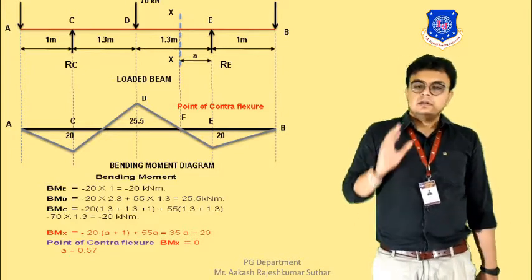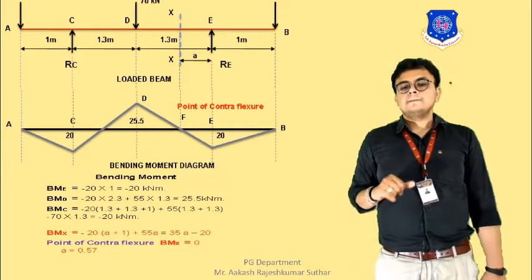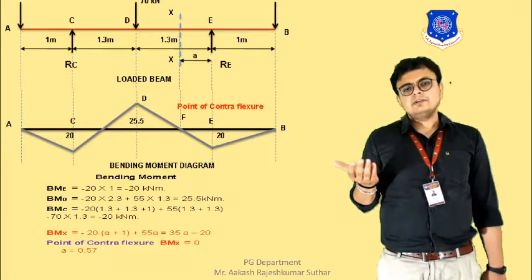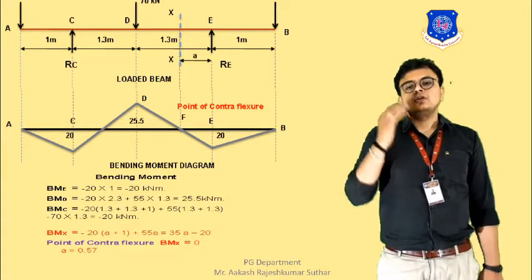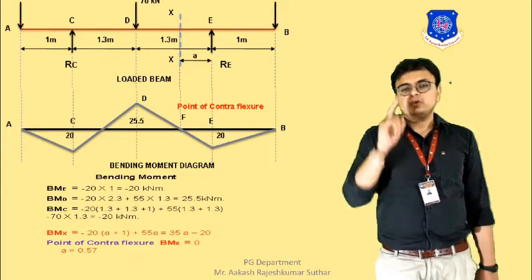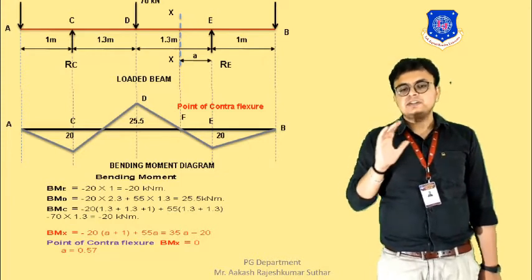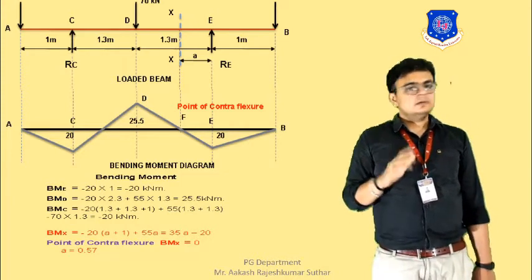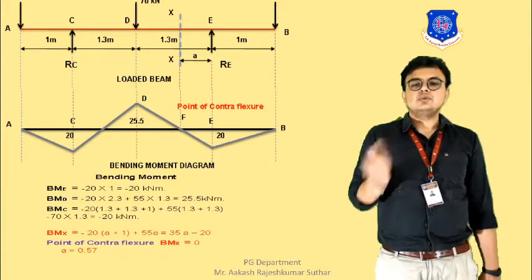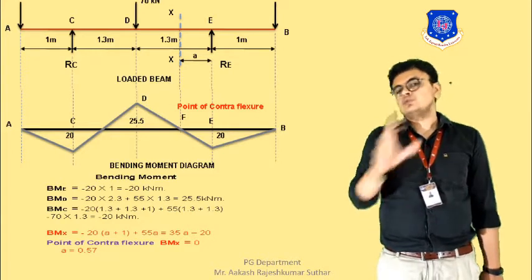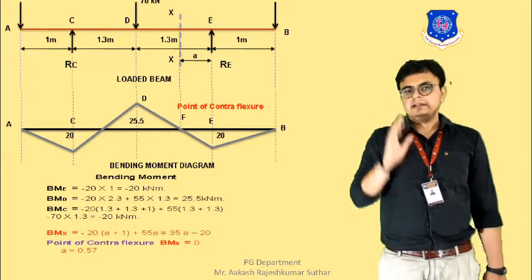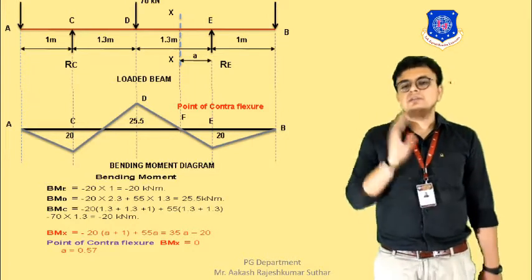Okay. Now, next we need to move towards the point D. So, again we will be considering from B only. So, we have the load that is 20 kilonewton at point B, we have the reaction of 55 kilonewton. So, these are all the things that we need. Okay. Distance of B to D is 1 plus 1.3, that is 2.3. Distance of E to D is 1.2.